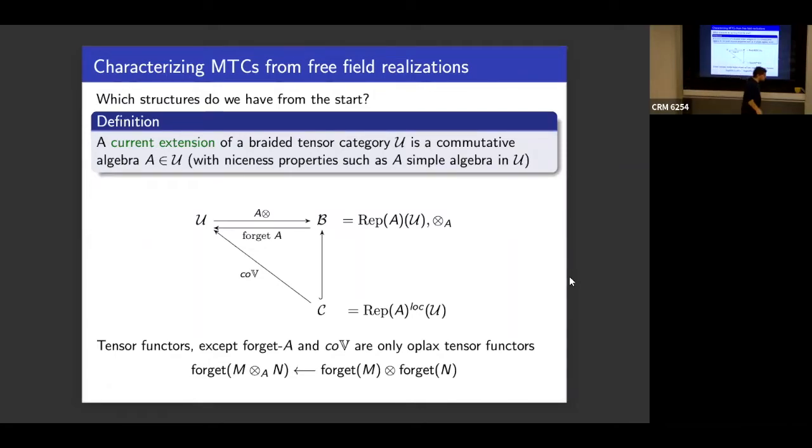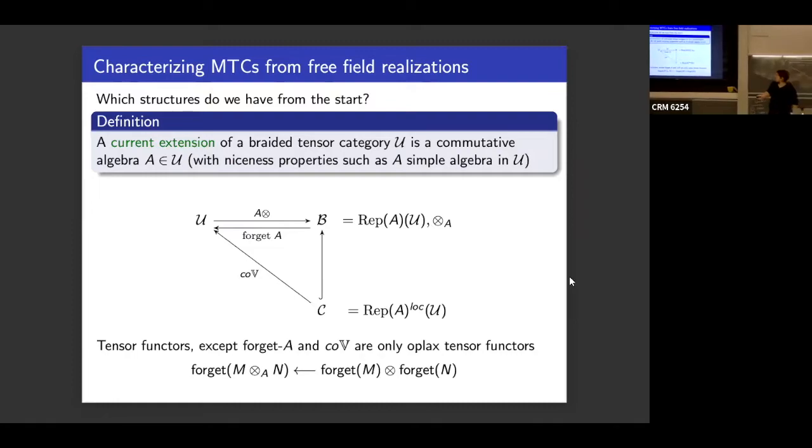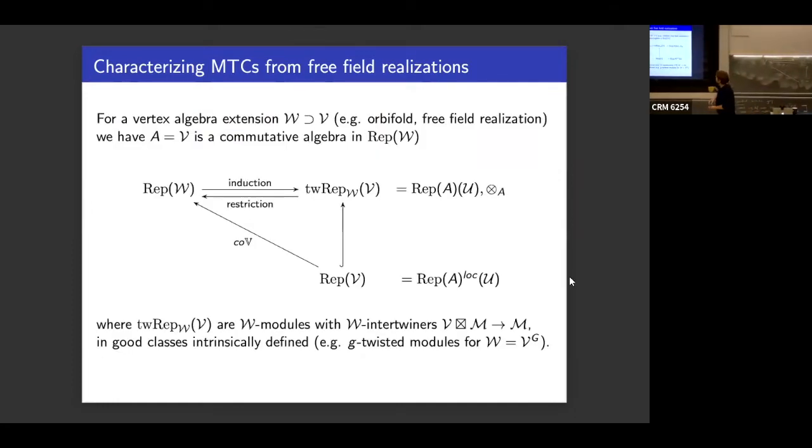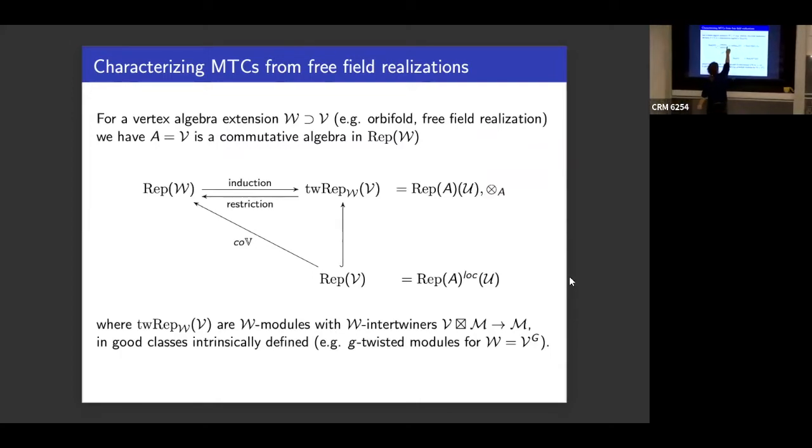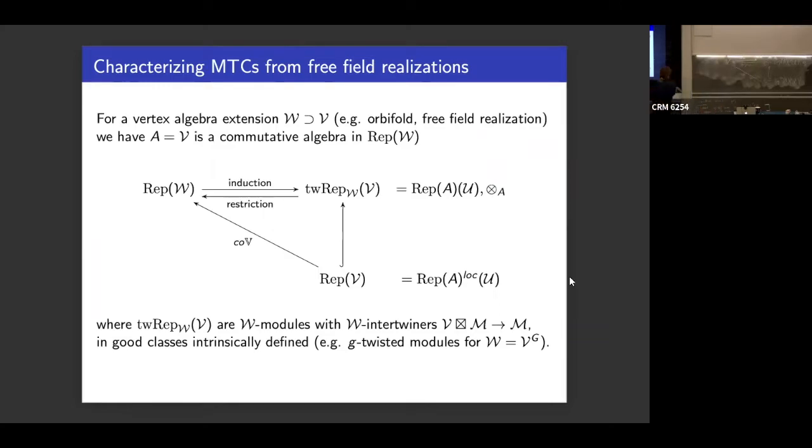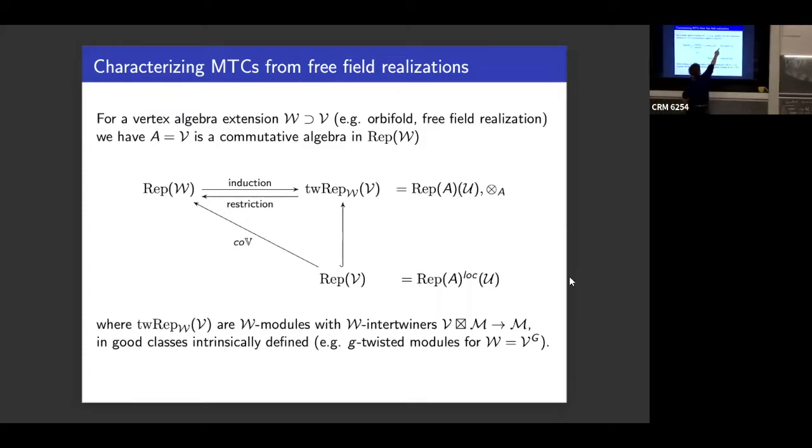So let's now turn to the two main classes of examples that we have. The one main class is with a vertex algebra. That's, of course, where this theory comes from, for a vertex algebra extension. So, of course, that's the other way around: from the extension of a vertex algebra, so V is larger than W. This is the wrong way around. For example, for an orbifold or for a free field realization, which we imagine as a Nichols orbifold or whatever it is, it's some extension.